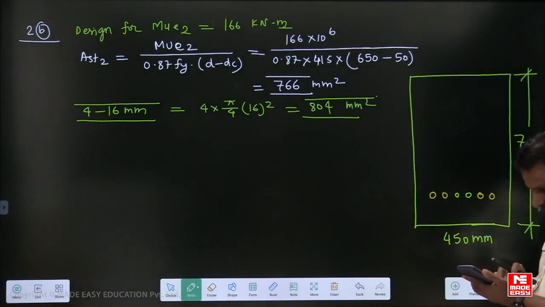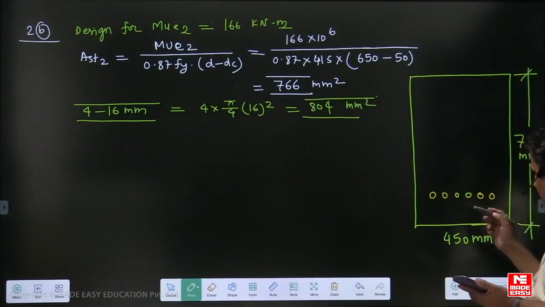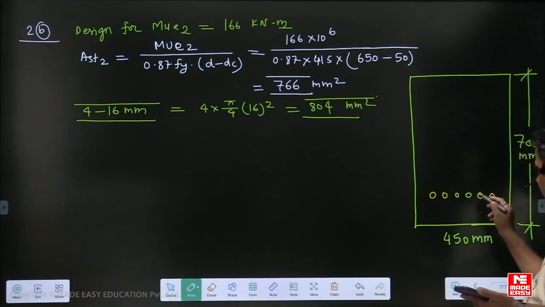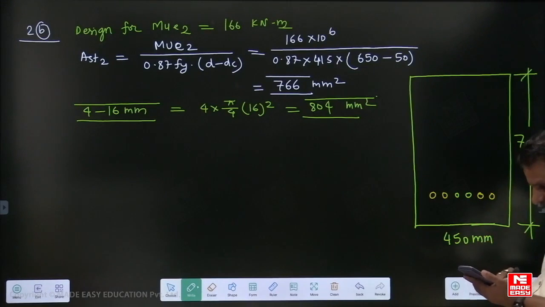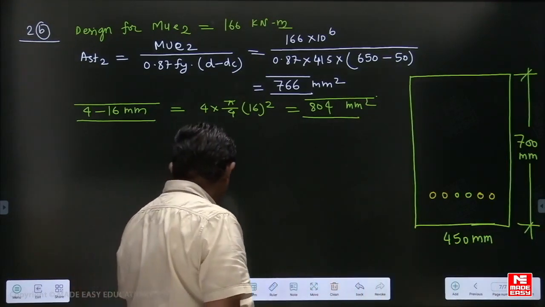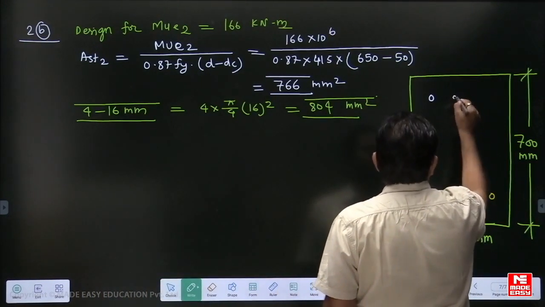50 on both sides. So 100 minus, it will be 350 minus 4 into 25 minus 2 into 16, 218. 1, 2, 3, 4, 5 gaps. The gap will be 43.6 mm. It's okay. So we can provide in a single layer, and at top your reinforcement is just 4 number of 16